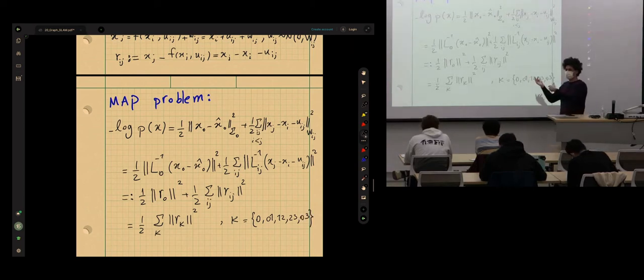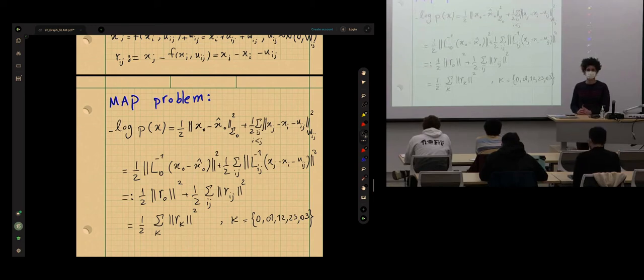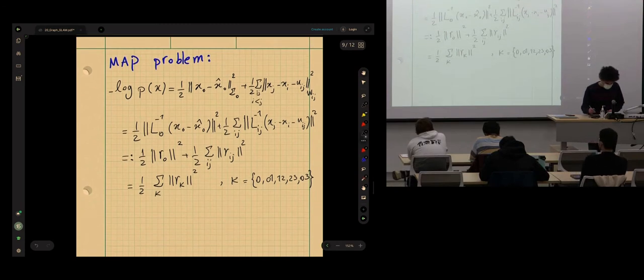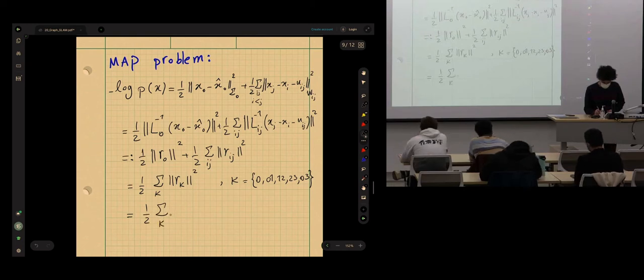So there's a need for tracking these indices in a key variable. That's why in GTSAM you have keys. That's a map data structure, a hash table that maps between variables and these indices. Quite painful to track, but once it's automated in a library, it's nice to just use it. And then this will be a least squares problem.